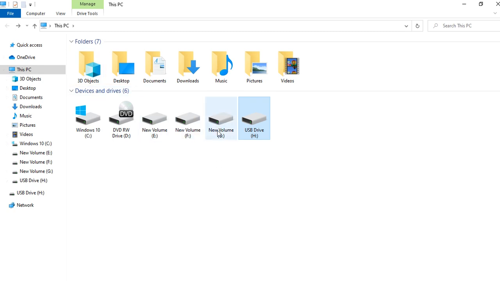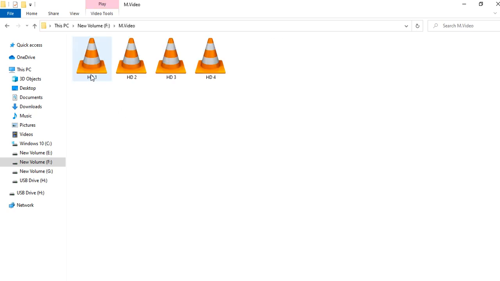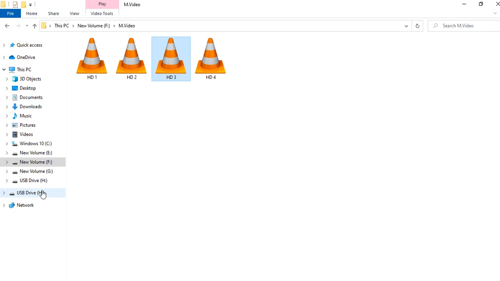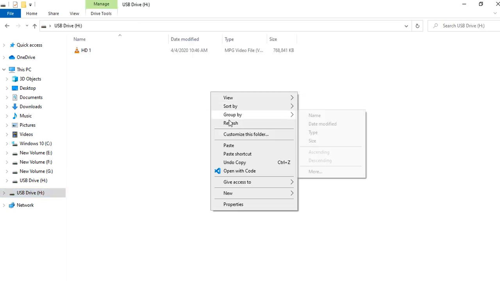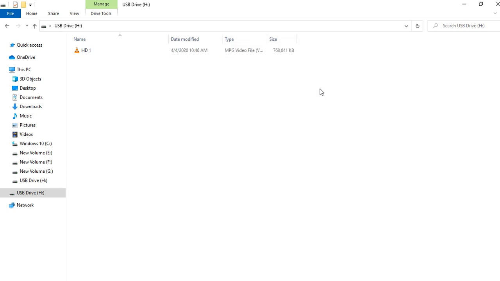So what we're going to do is pick a file that we want to paste. Let's go over here. Let's suppose I want to add the video SD3, I guess. Okay, just copy it, go to the USB and paste it. See, it's showing an error that the file is too large for the destination file system. So what we're going to do is cancel it,